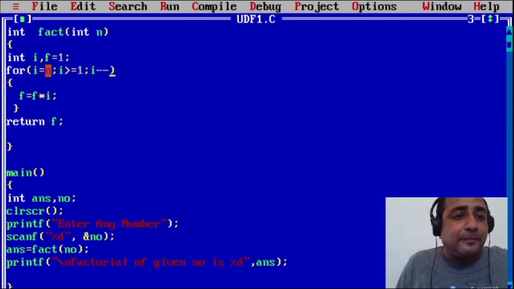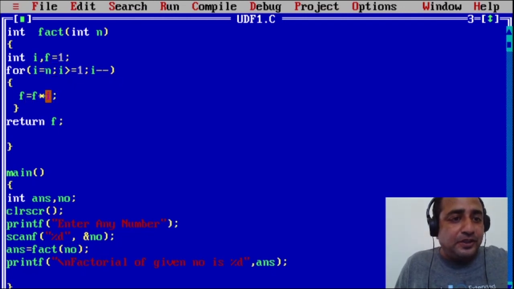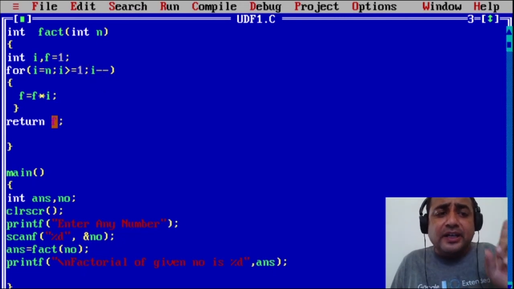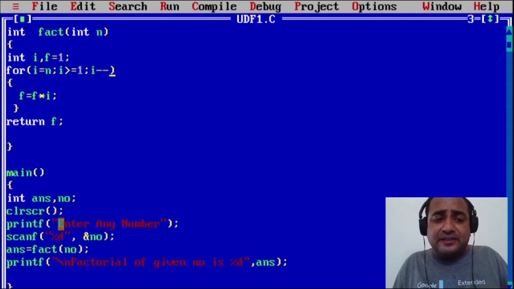दोस्तों देखिए क्या किया मैंने, n यानी 4 होगा. अगर मैंने 4 पास किया है यहाँ से, तो नंबर में 4 गया है, तो क्या होगा, पहले 4 इंटू 1, f 4 हो जाएगा. उसके बाद i की वैल्यू कम होगी यानी क्या हो जाएगा, 3 हो जाएगा. 4 इंटू 3 हो जाएगा तो क्या होगा, 12, f 12 हो जाएगा. फिर ये 2 हो जाएगा तो 12 इंटू 2 क्या होगा, 24, ये 24 हो जाएगा. ये 1 हो जाएगा, i 1, 1 greater than or equal to 1, करेक्ट होगा. इसके अंदर आएगा 24 इंटू 1, ये 24 रहेगा. इसके बाद i 0 हो जाएगा, 0 greater than or equal to 1, रॉन्ग होगा. आप लूप से बाहर आओगे, return f करेगा, ये 24 को वापस लेके जाएगा, and that's